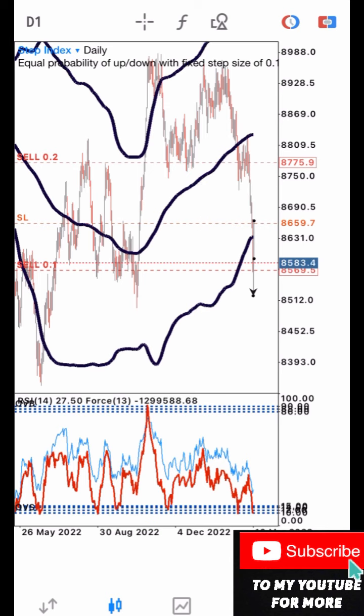Now, how do you avoid this mistake, traders? Always make sure that the two indicators are aligned together before you place your buy or sell. I always tell you guys this: your confluence is your confidence. So this mistake which I have made, and I'm running in loss on it, I'm trying to use it to teach you guys so that you learn and prevent the mistake. Always make sure that your two indicators align together. If you're using my support and resistance strategy, always make sure your support aligns with your indicator, or your resistance aligns with your indicator before you place your sell. You must have multiple confluence when you place that buy or sell.